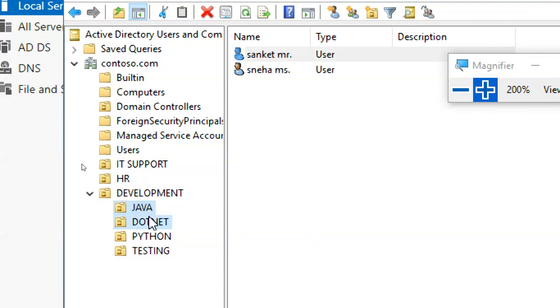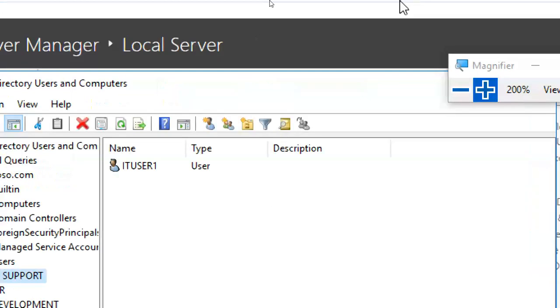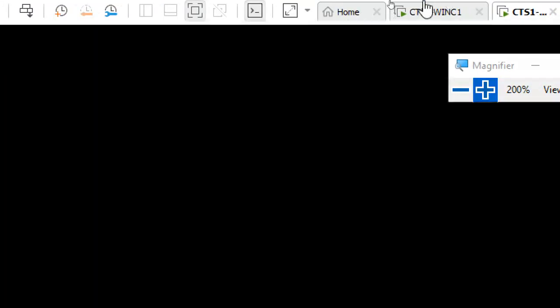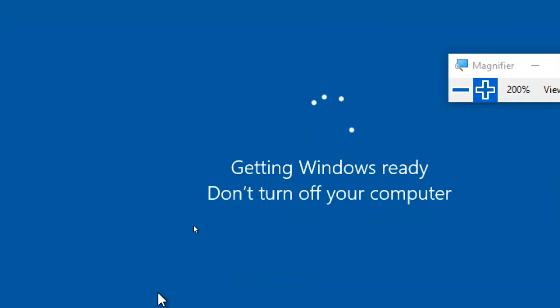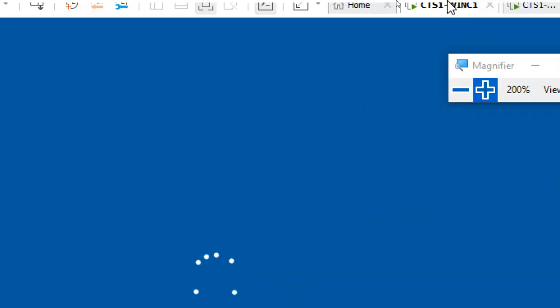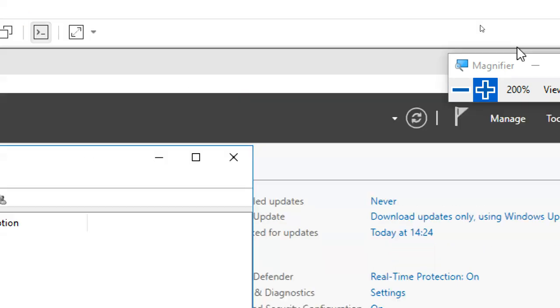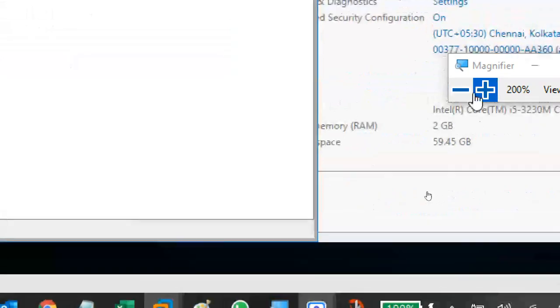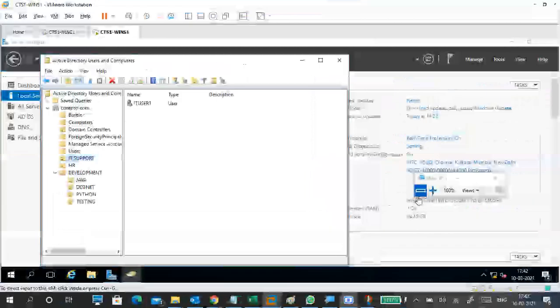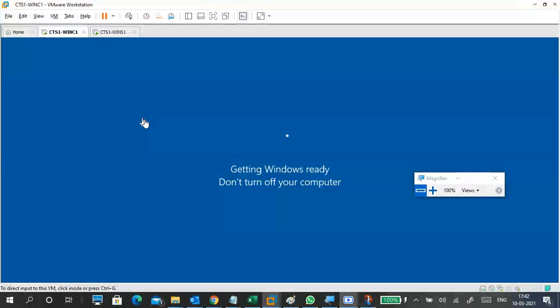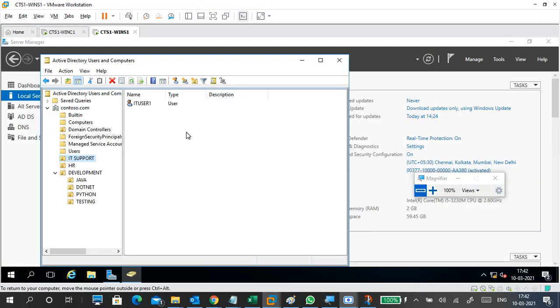See, like a container, we can create multiple areas. Okay, this part is completed. This is how we can create an OU. So I will explain the OU thing again. First of all, I want to go to my client PC. Still, it is going. I want to show you the login, but it is still running. So meantime, we'll see the OU part.